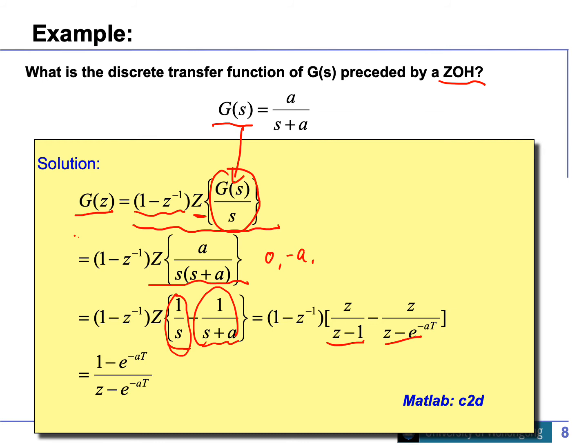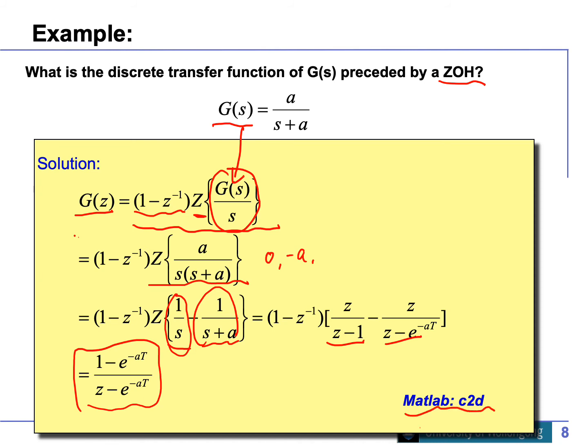Then you multiply 1 minus z to the minus 1 in there. Because there's a z on top, it automatically cancels out with this z minus 1. You can do a little bit of combination, things get a little bit simplified, and eventually you got something like that. So in MATLAB,